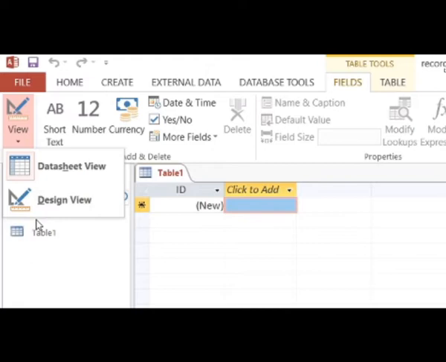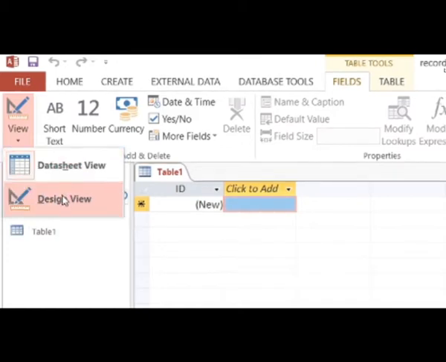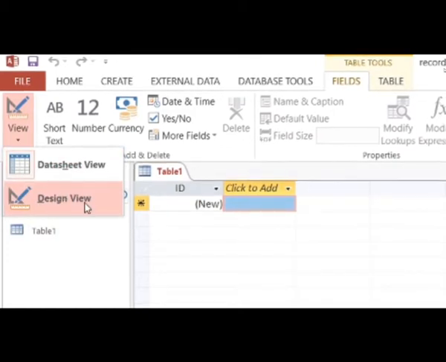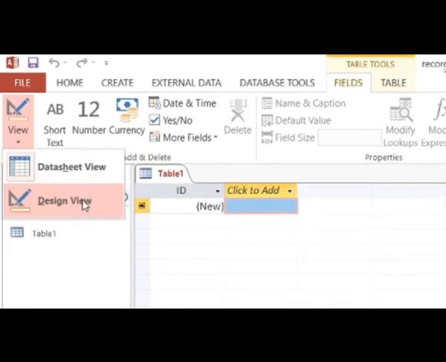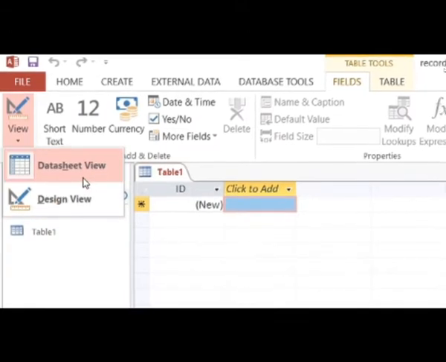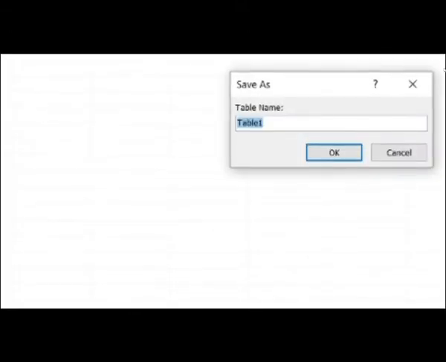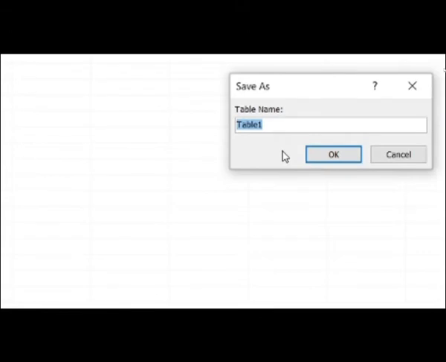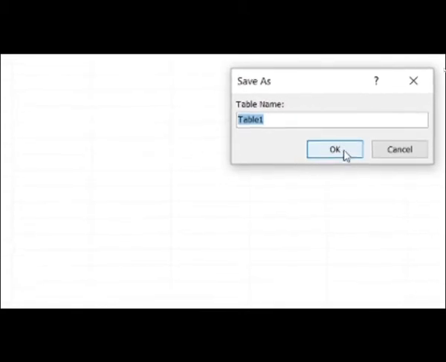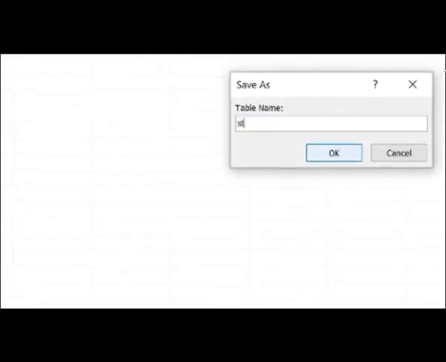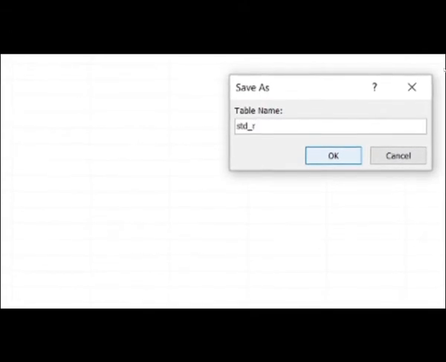And from the icon of datasheet you can see it's like a tabular icon where you can insert. So click on design view. Now once you click here, you will see a window, a design window. Yes, once you click, children, here also it will again ask you to first save the table. You can save it by any name, otherwise it will suggest you by default Table1. Here we will again change the name, student underscore record.